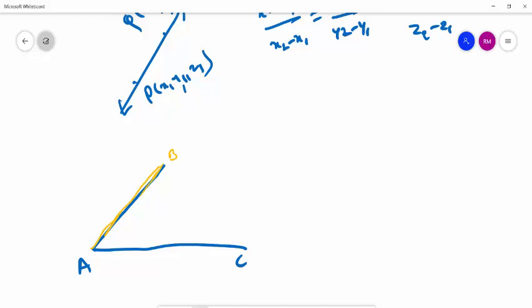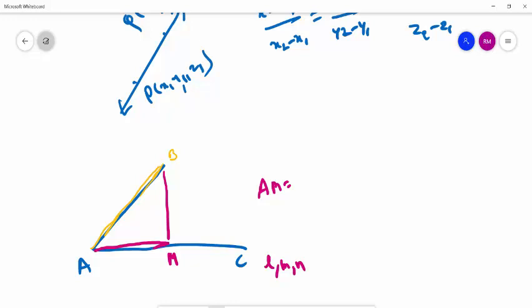The projection of AB on line AC is given by this way. Then that AM is given by, suppose AC having DRs, or we can say direction cosines, say l, m, n,